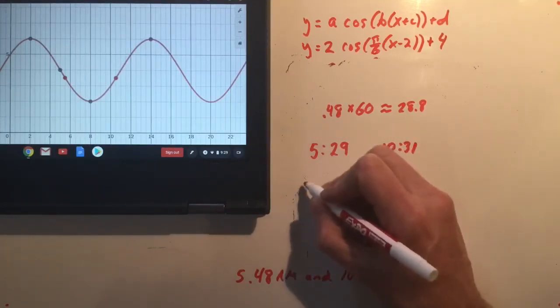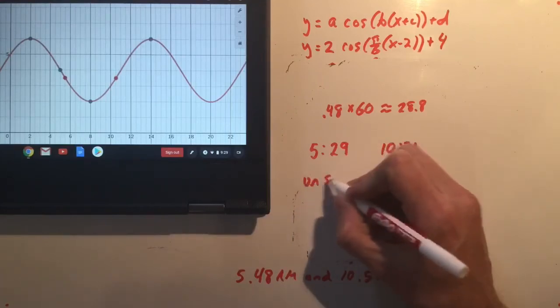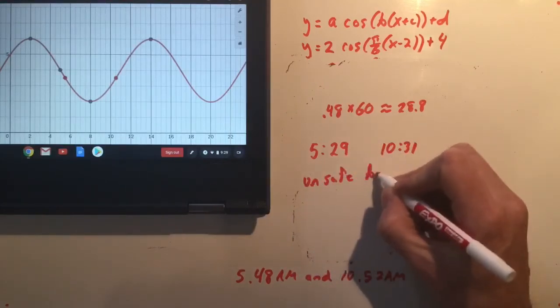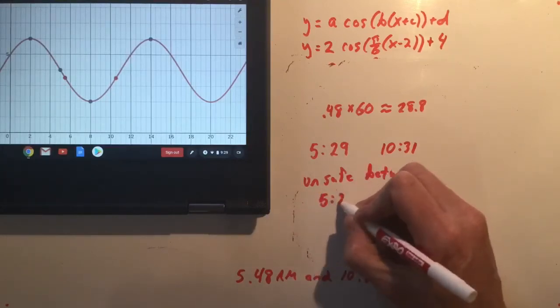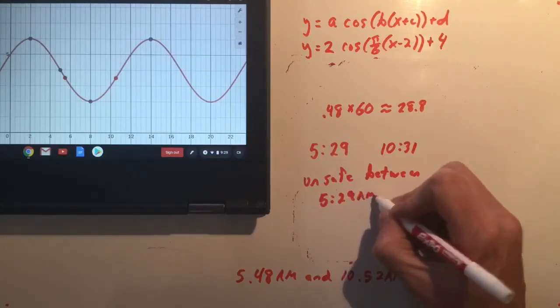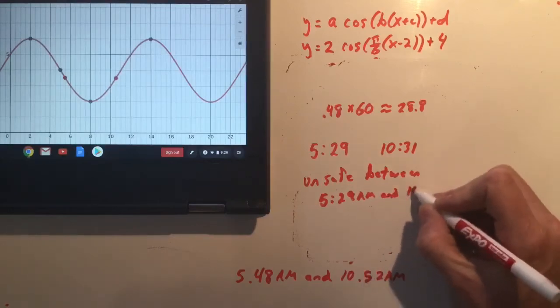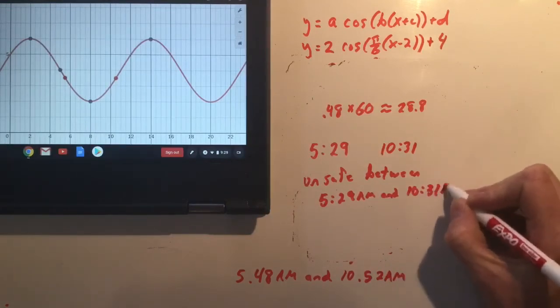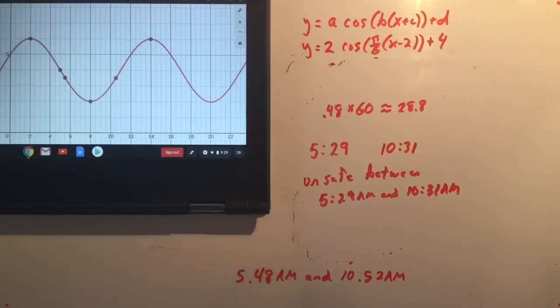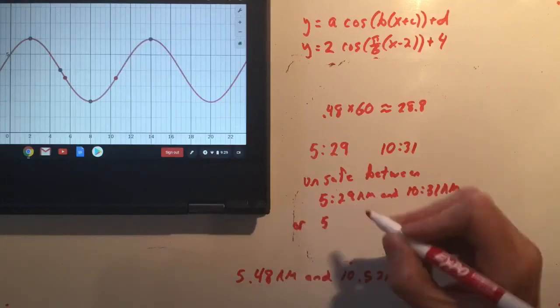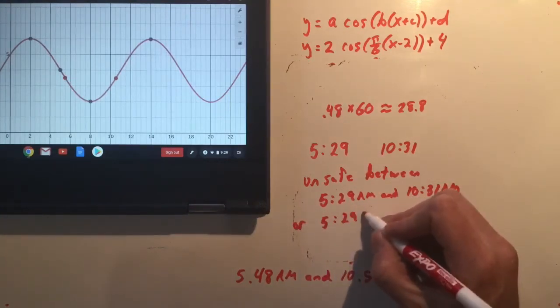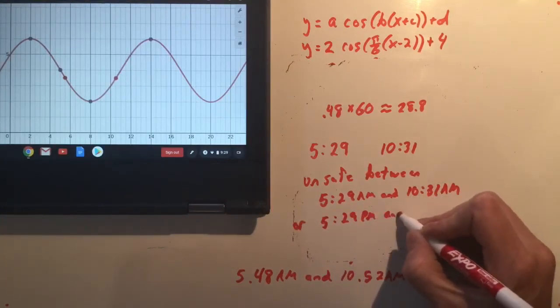So your answer then is it's unsafe between 5:29 a.m. and 10:31 a.m. And since the question asked throughout the day, and we know that the period is 12 hours, we know that the same thing is going to be true from 5:29 p.m. to